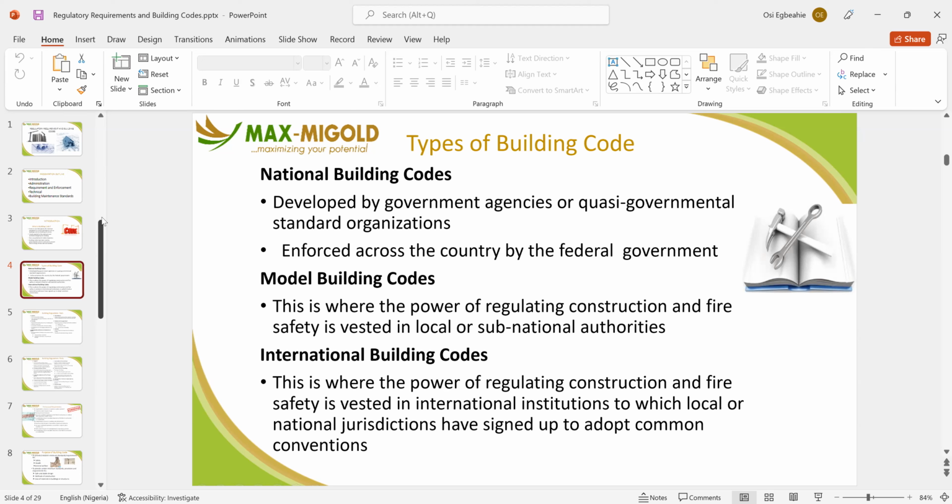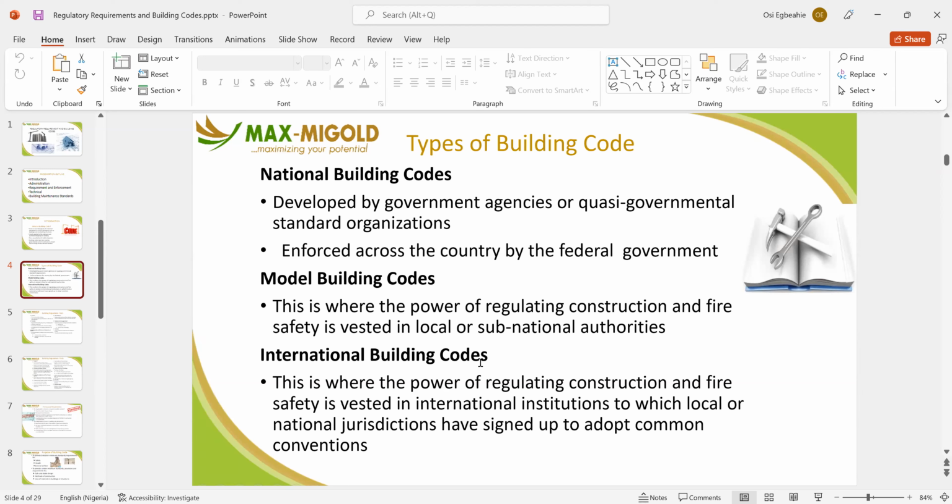If you want to do a borehole now, Lagos State has an agency that manages that. If you want to do a sewage treatment plant, Lagos State has an agency that does that. In fact, they will have to come and certify your treatment plant first before you can operate it, to ensure that whatever waste you are treating is properly treated, and the effluent you are giving out into the environment is safe enough not to cause hazard to the people around.